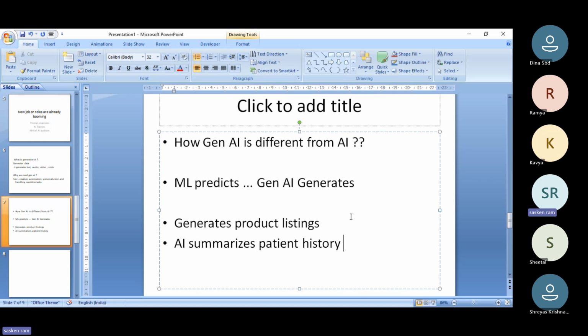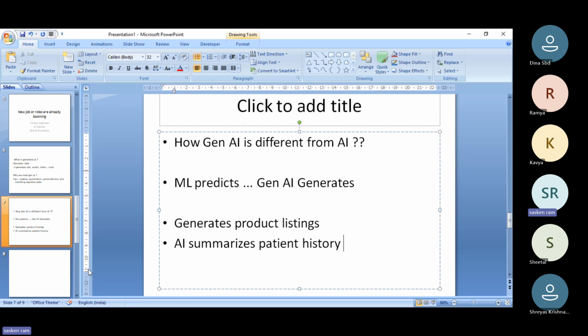Okay. So in healthcare, it summarizes patient reports, even clinical reports. In pharmaceutical, it generates the reports as per the complaints, or something like that. So now that you understood what Gen AI is, why Gen AI, and how it is different from machine learning, we discussed a few use cases across industries, in healthcare and the e-commerce company also. Next, we will understand